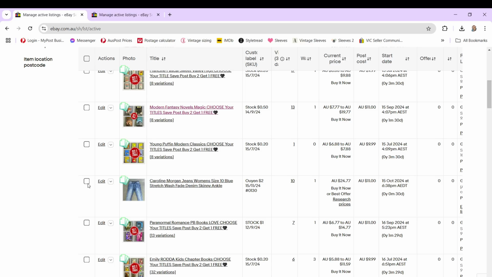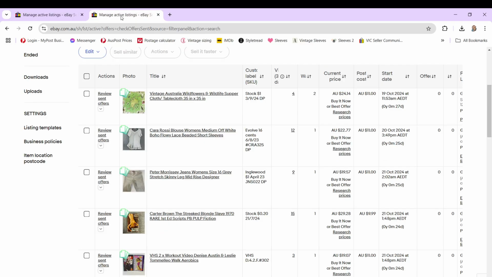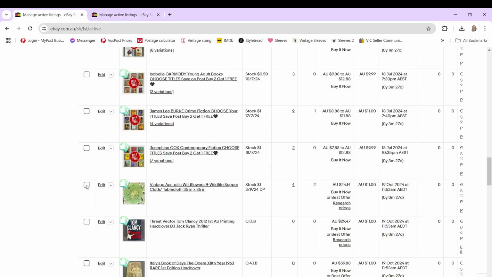So the first one I'm looking for in my active listings is this vintage tea towel. So when I hit that, I know that I'll be in there. So there's the tea towel there. And then the next one I want to watch out for is that Cara Rossi blouse. So other than that, if they're not,